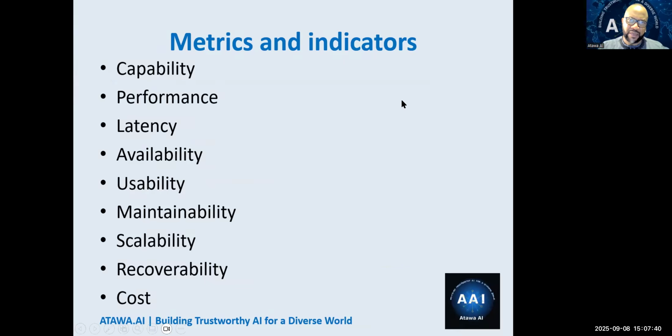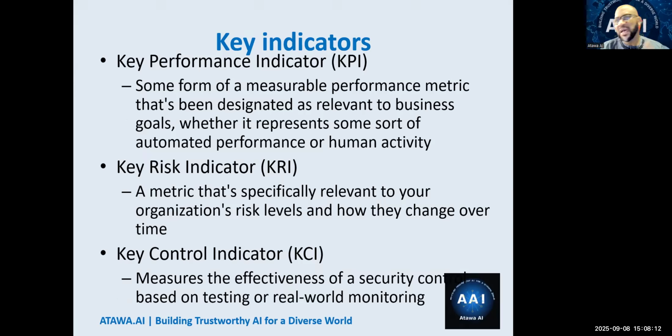When I'm also now looking at metrics or indicators of my system performance, latency is like a delay from when I request something to when I get it, right? Like when you have buffering, that could be part of latency. Availability, usability, these are almost self-explanatory, but scalability is the ability to go higher. How can I recover from a system failure? And of course, what's the cost of fixing my system or the problem in my system, right? So some other metrics that you need to be aware of are KPI, KRI, and then KCI.